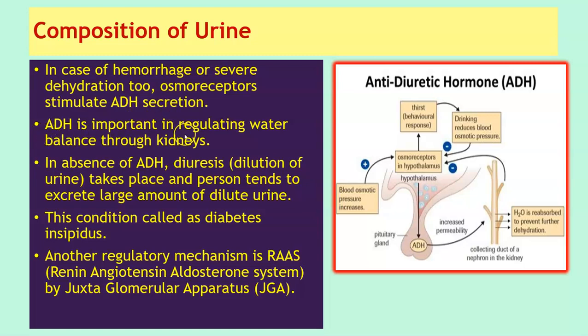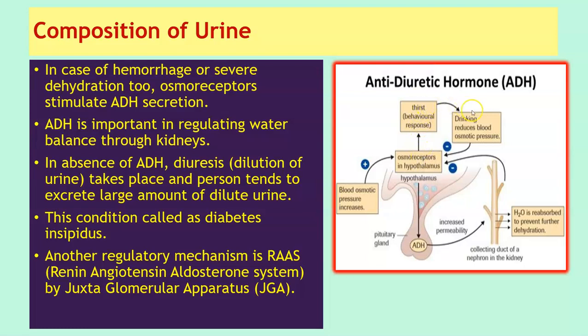The ADH is important in regulating water balance through the kidney. So here you can see how this ADH hormone is working to maintain the water balance. Here you can see that when the blood osmotic pressure increases, the hypothalamus is doing two works. It is sending the signal to the pituitary gland to release the ADH, and it is also giving a thirst